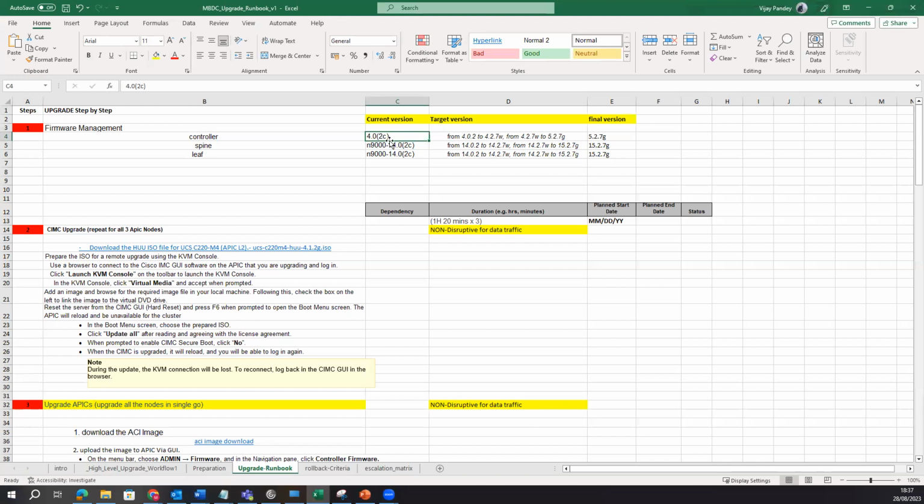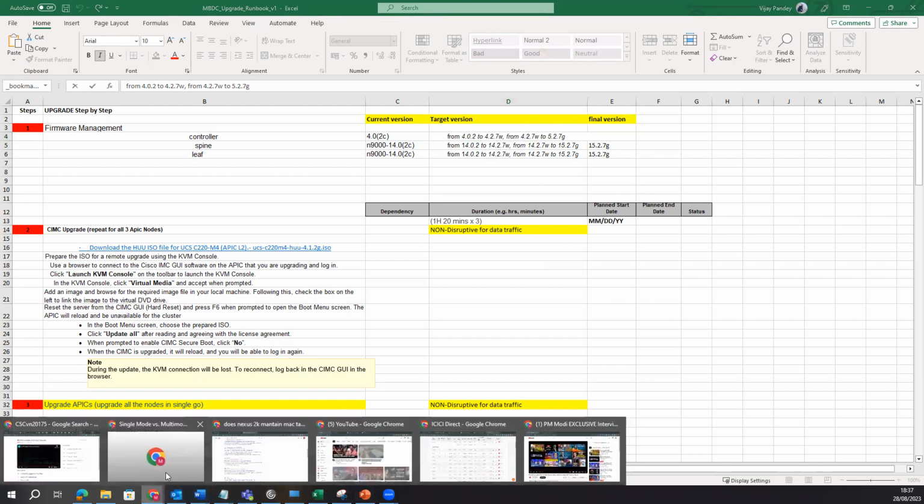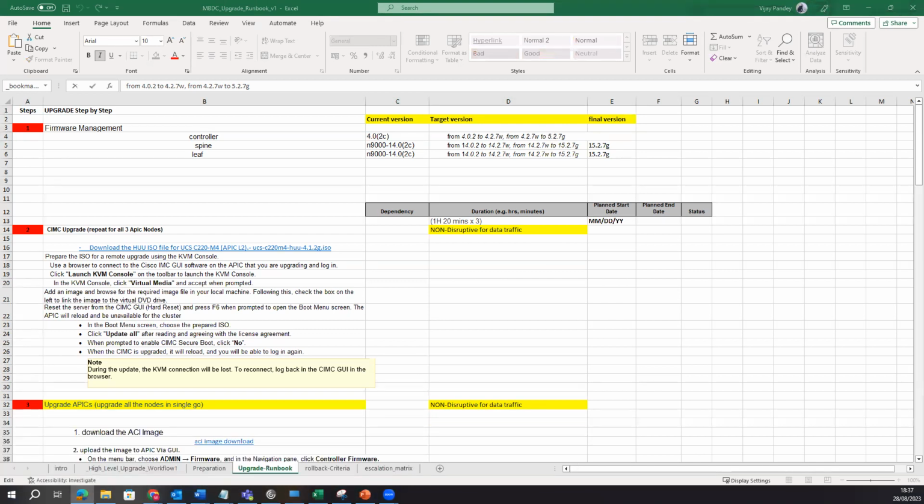We cannot directly jump from 4.0 to 5.2, so we have to do an incremental upgrade. We have to go from 4.0.2 to 4.2, then from 4.2 we go to 5.2. So how can you check this kind of upgrade information? Let me show you how you can check the Cisco